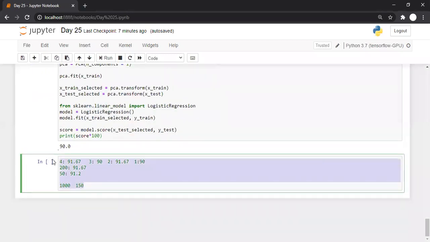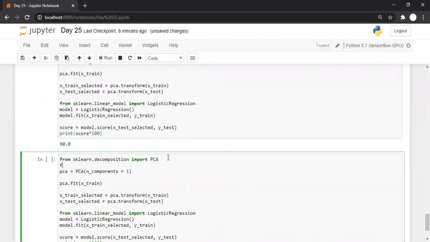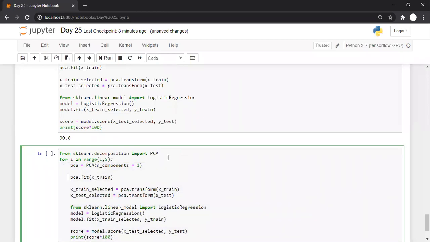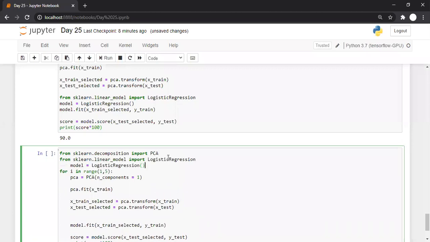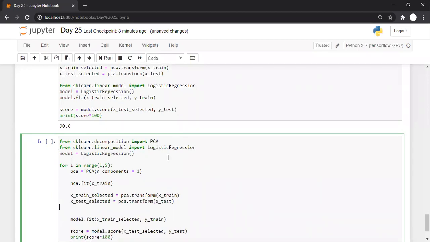Let's say copy and paste, and I can do something like this, for i in range 1, 5, and then we can do something like this. I want 1 component, 2 component, 3 component, and so on. I can cut and paste this thing outside the for loop. It is not required inside the for loop. Something like this. Okay, now it's okay.